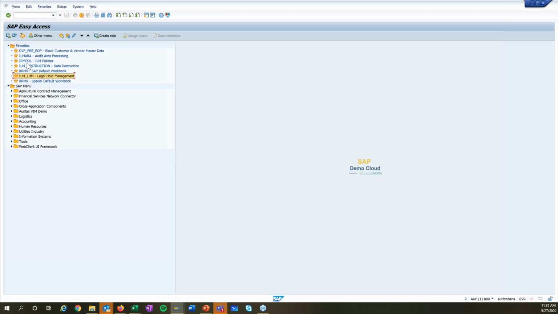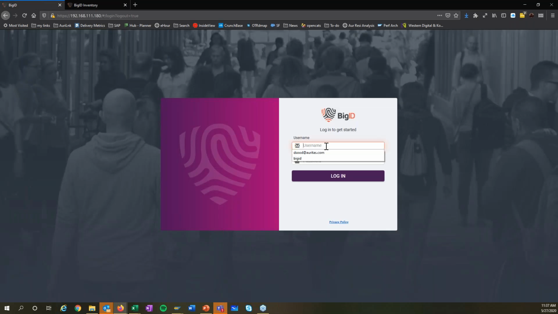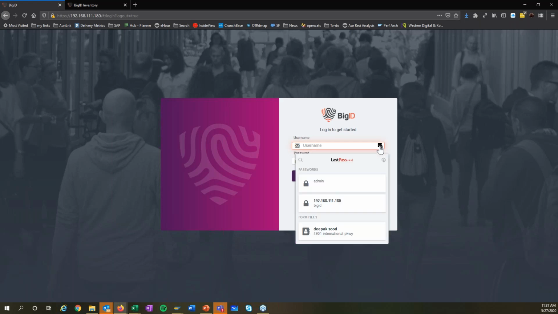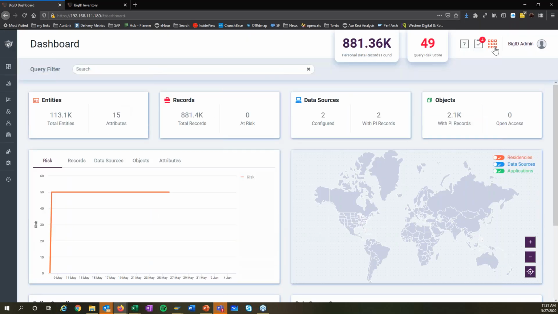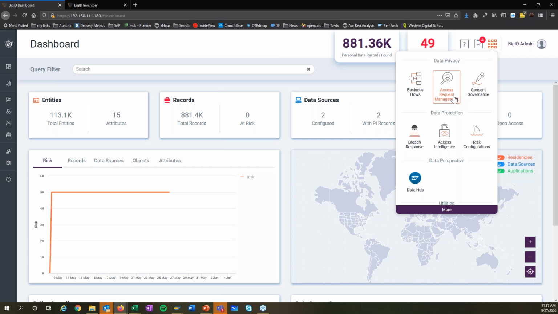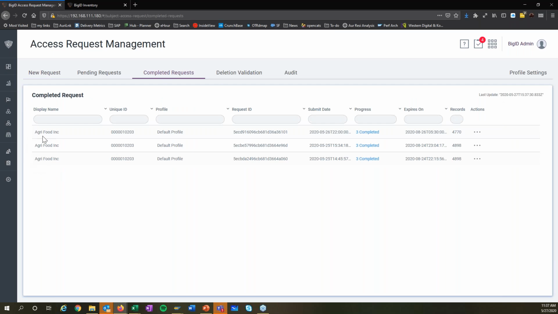Of course, SAP ILM tool has got its policies, audit areas and all. And one of the things that I wanted to showcase was a customer. Let's say I have a customer based on which I wanted to search this information. So I'm logging on to another system to show you that I did a subject access request. I had a request where I said, my customer, Agri-Foods, which is customer number 10203,